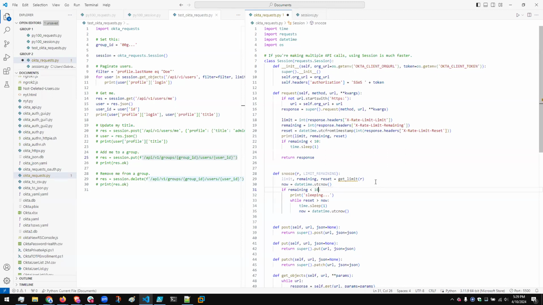Those could be used by interactive users. If you have administrators using the Okta UI, they'll get rate limit errors too. So you have to be a little bit careful when you start writing scripts. If you're really hammering the API, you can actually lock your admin users out. So my motivation is to never run out of rate limits if possible. It's not always possible, but if possible, to at least leave a little bit left over so other people can